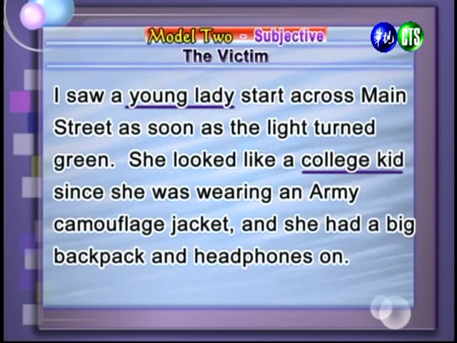And we don't know that she's actually a college kid, but this is what the writer said. 好，我们会发现呢，在主观叙述的文章之中，他提到受害者的时候，使用的是像是说她是一个年轻的女孩，或是一个像大学生一样的女孩来描述她。那我们并不知道她是否真的是一个大学生，但这是作者他自己的一个猜测。